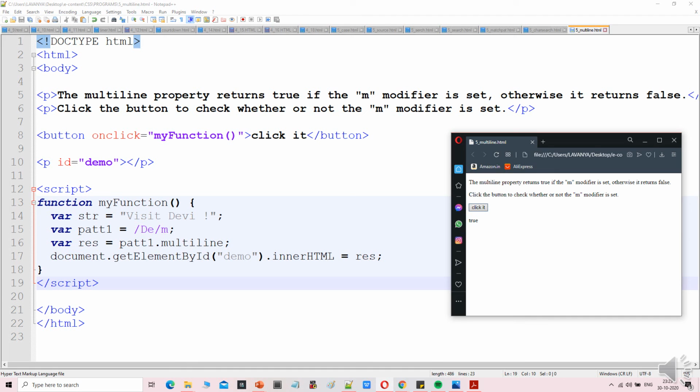So the output is true. This is the multiline property. In this, the multiline property is used. Okay, because m is used now, that's why the multiline property is used.